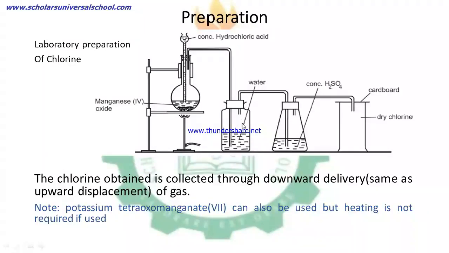Now, the chlorine gas continues its journey through this pipe, and this pipe is directed into this concentrated H2SO4, which is concentrated tetraoxosulfate(VI) acid. The reason why the pipe is directed into this acid is to remove all the water molecules which accompany the chlorine gas from this compartment. Then our chlorine gas is collected dry.